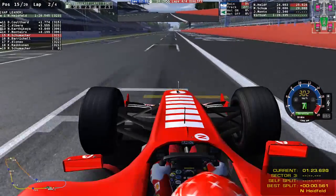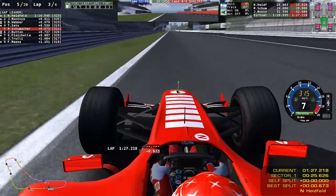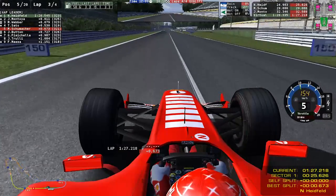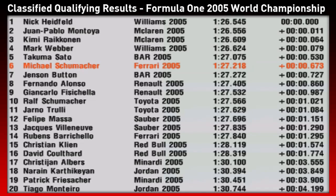which is a bit further back than what it normally is in real life, as we now go up to 310 kilometers an hour across the line, and it's going to be P5 for Michael Schumacher and 6/10 off of Nick Heidfeld in the Williams. So a pretty decent qualifying lap there from Michael, a track that in real life the Ferraris didn't really perform,